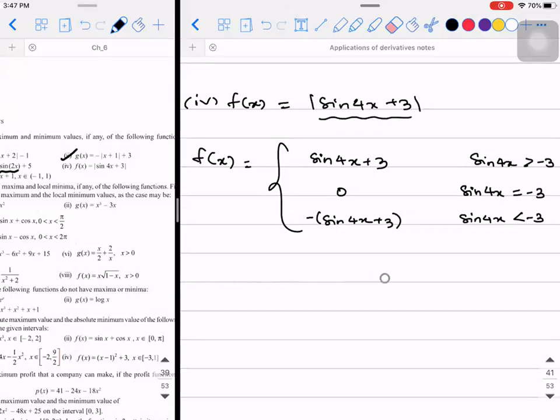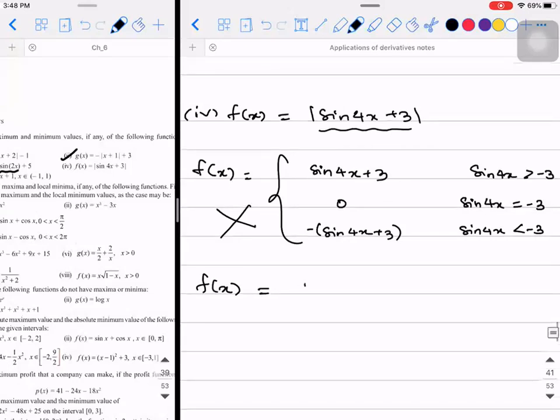Now I'm telling you one important point. Concentrate. There is a mistake in what I wrote. Sir, sine 4x cannot be equal to minus 3. So it can never be equal to minus 3. It can never be greater than minus 3. At the max, it can be less than minus 3. Okay, it can be less than minus 3, but that also the limit is restricted. So mod of sine of 4x plus 3, can I conclude that it is always positive? Yes, sir. So with this question, this is a special case. This is not the way you split it. I can directly write f of x is equal to sine of 4x plus 3 itself.